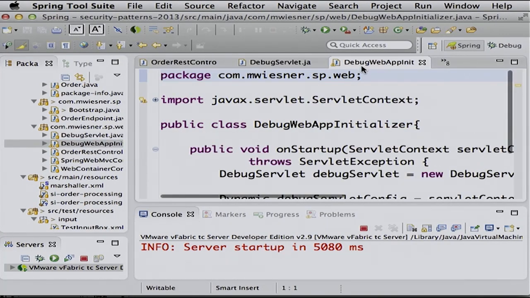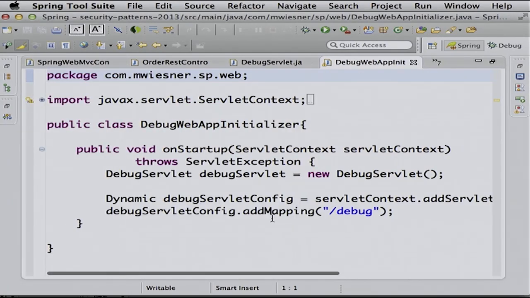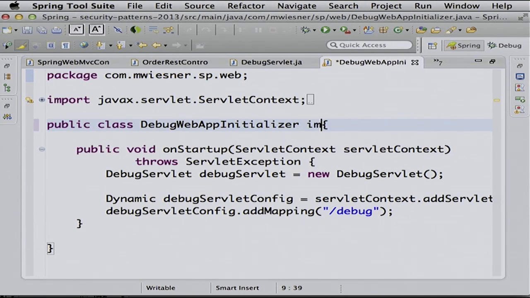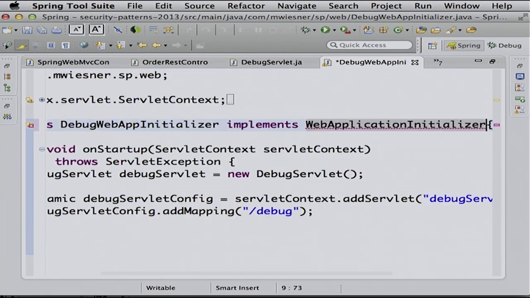And in my library, I have something which is called the debug web app initializer. And that class implements an interface which is the WebApplicationInitializer. And that is all I need to do. So that means I can create a library.